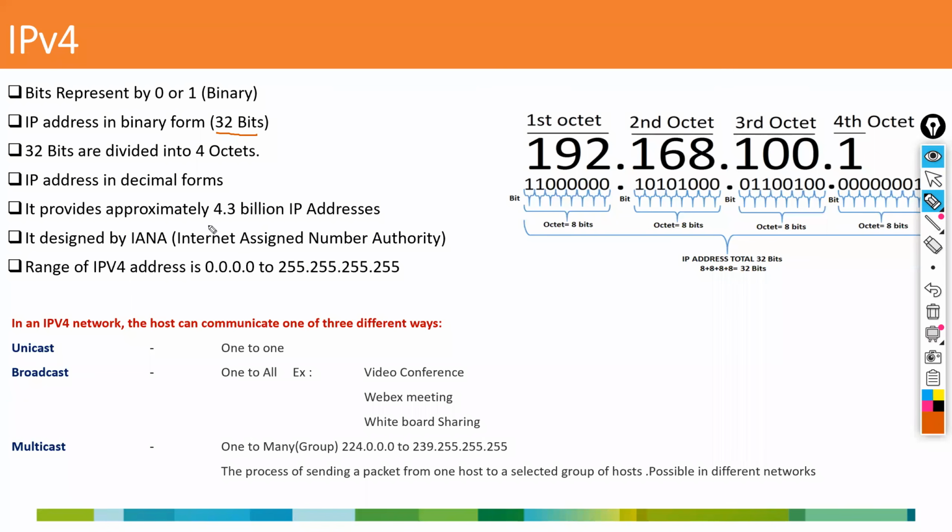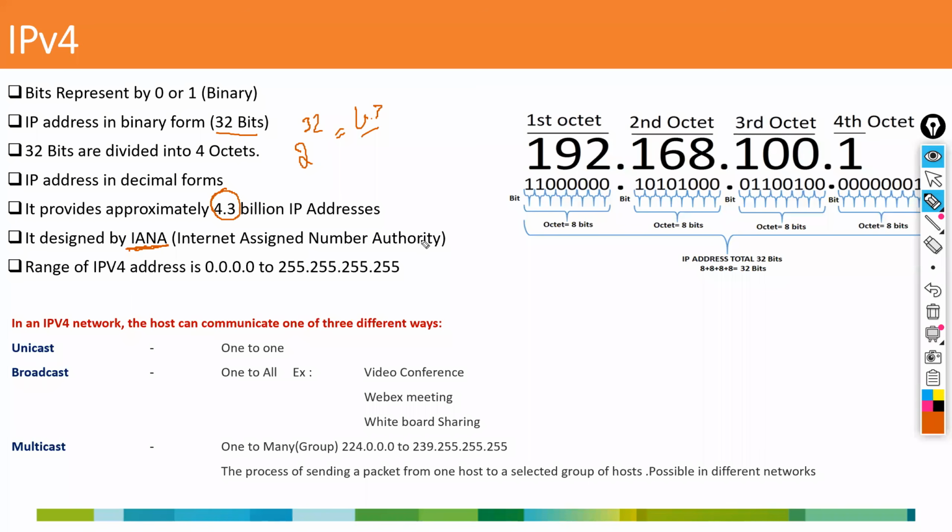Now, it provides approximately 4.3 billion IP addresses. Can you see this one? Why? Because 2 to the power of 32, if you calculate, comes to around 4.3 billion IP addresses. And this IPv4 address is designed by IANA, the Internet Assigned Numbers Authority. This is an organization where they have designed and developed this